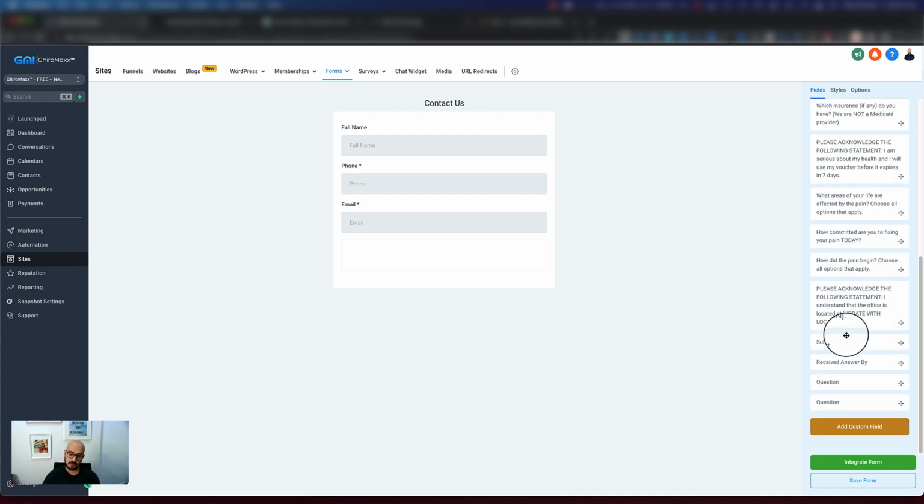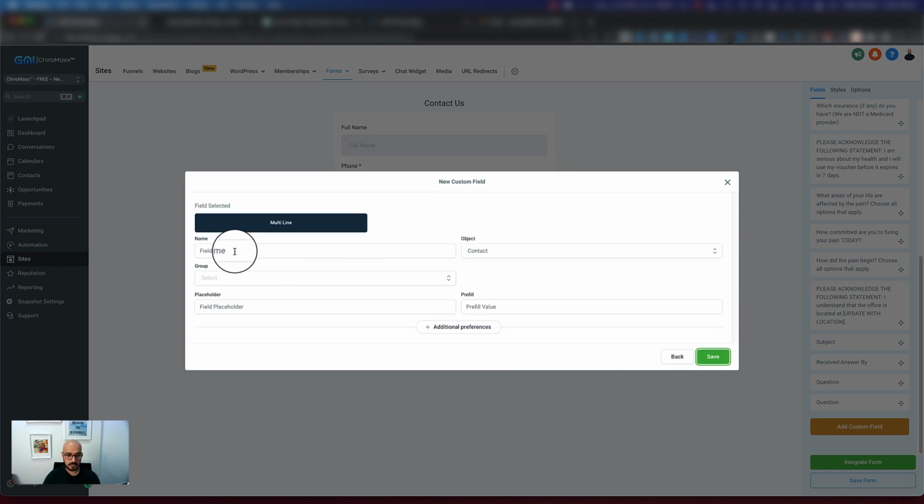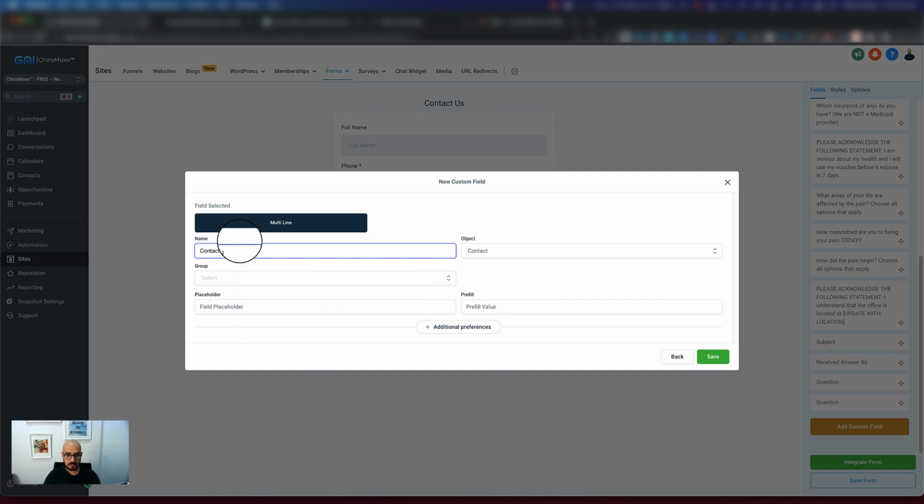We basically want to ask them if they have any comments or questions or anything. So I'm just going to add a custom field so you can see how you can build one. This one is going to be a multi-line. I'm going to hit next, and the name of the multi-line is going to be contact us